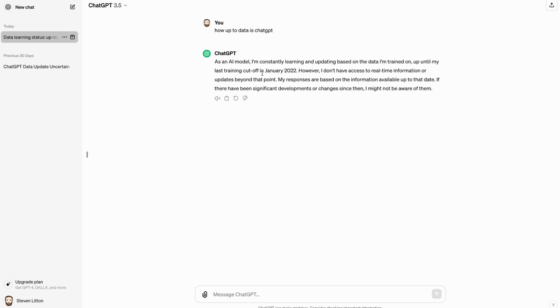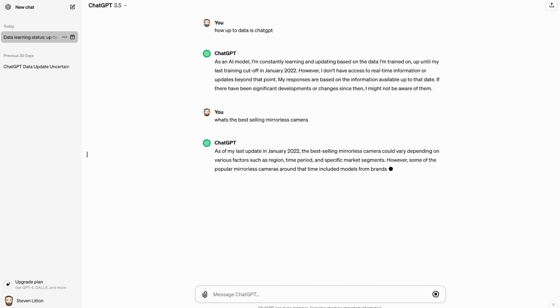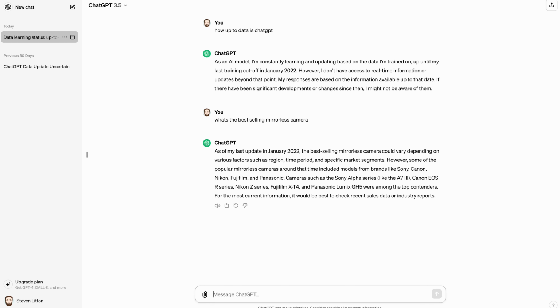So there's a lot of data gap there. If you're asking it things like development questions, or how to do things in a specific way, because the data is 2 years old now, the things you're asking it might be giving you answers that actually could be done in a better way now. It's not fantastic for everything. If you ask it, what's the best selling mirrorless camera, for example, it will tell you that it's not been updated since then. So it can't do things like that, and it's very transparent in that way.